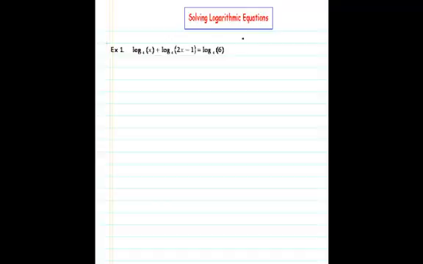In this example, you'll see that there are logs on the left-hand side as well as logs on the right-hand side. You'll also notice that the base matches in all three of our logarithms, and that is, of course, very important. We're going to begin by using some of the properties of logarithms to try to simplify what this logarithm equation looks like. For example, in this case, you'll notice that there is a plus involved between the two logarithms. And we have a property of logarithms that says if you're adding two logarithms together and they have the same base, you can write that as the single log